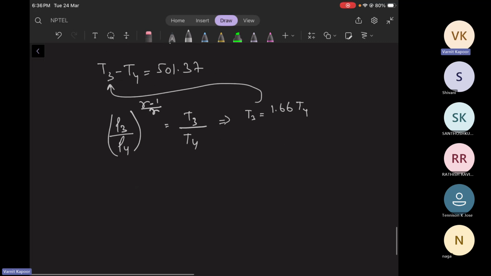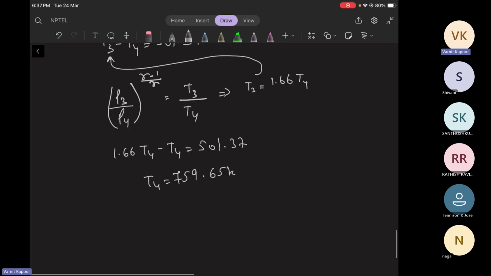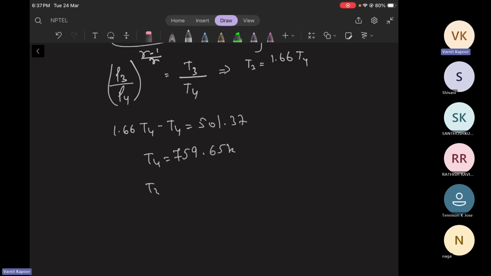After putting this T3, 1.66 times T4 minus T4 equals 501.37. So from here, temperature T4 will come out to be 759.65 Kelvin. And therefore, T3 will come out to be 1.66 times 759.65, which is equivalent to